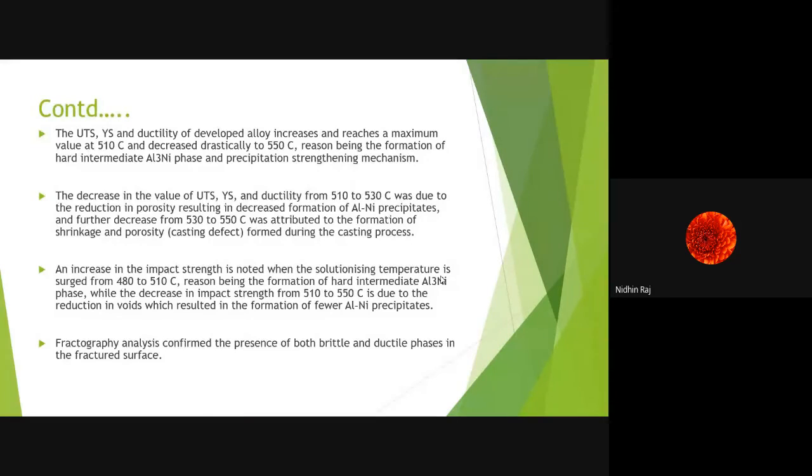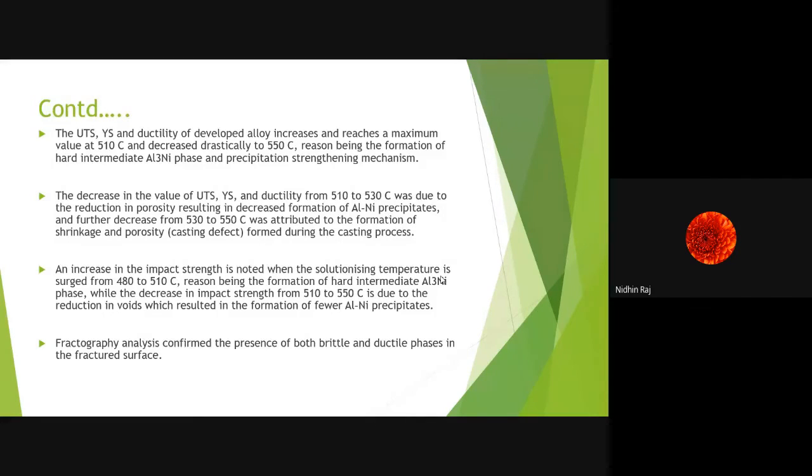So, adding 2-3 points to this. Solutionizing temperature influence was the point of focus in this research paper. You can even study the effect of solutionizing time also, solutionizing time over different